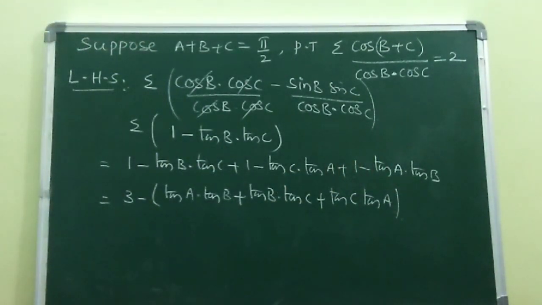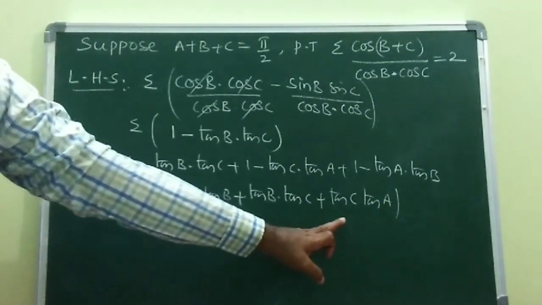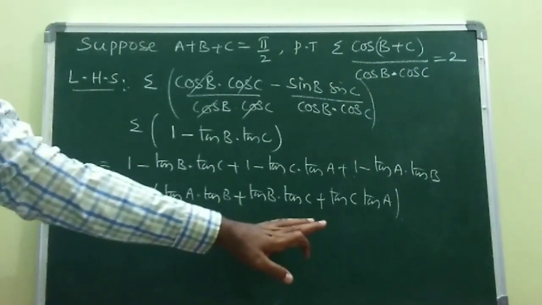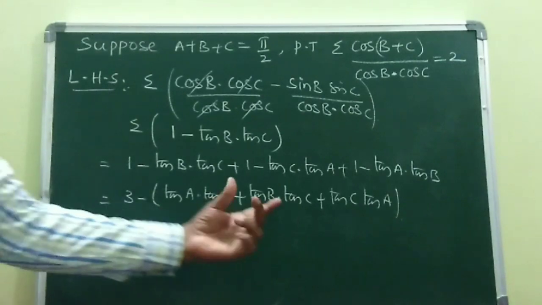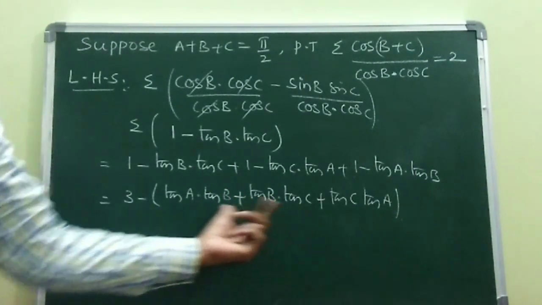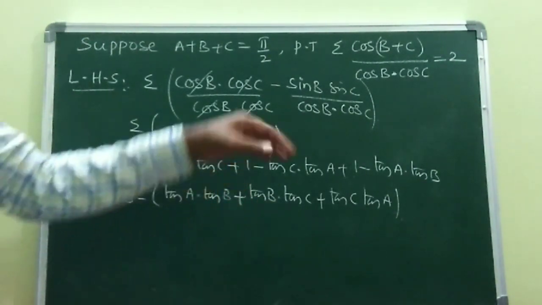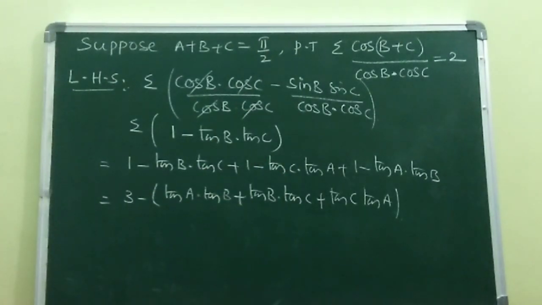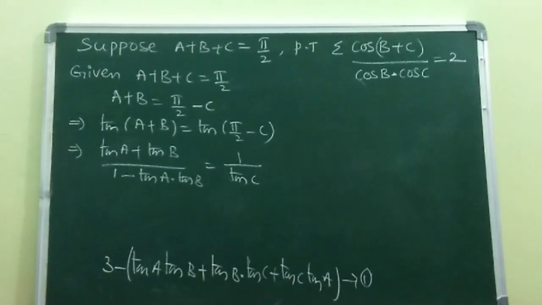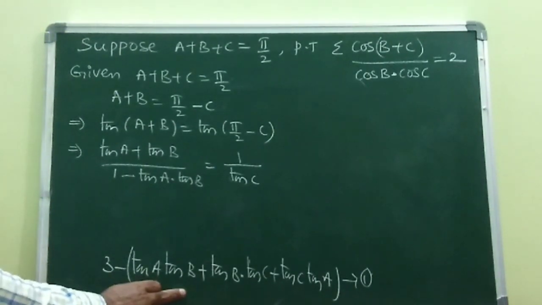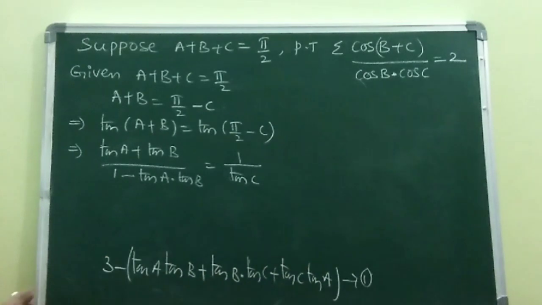Okay, but do you know about this value? This is what right now we don't know. If you can find the value of this function, hence 3 minus something, which gives you the answer. Okay, so let us see how to find that one. So let us consider this relation as some equation number 1.